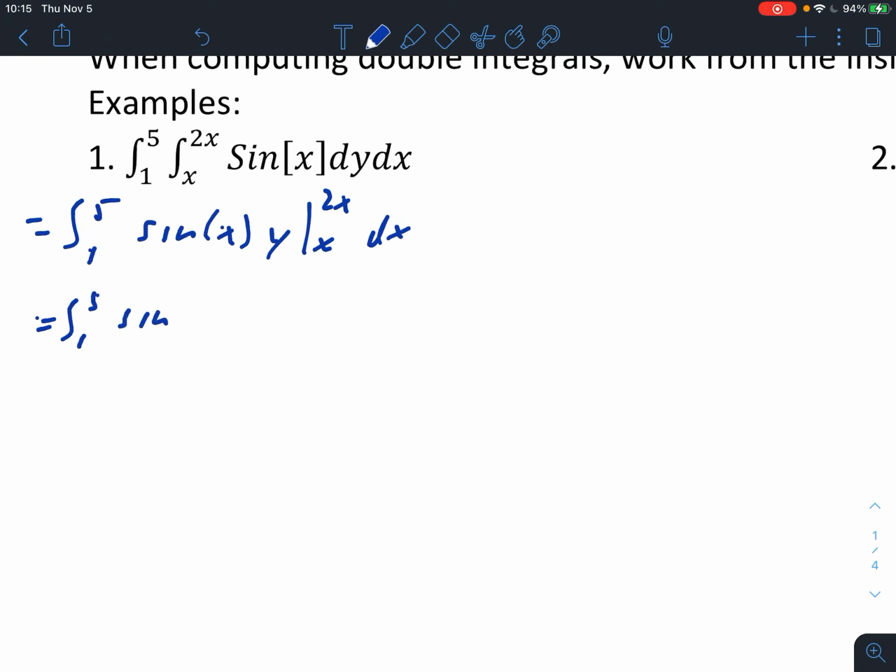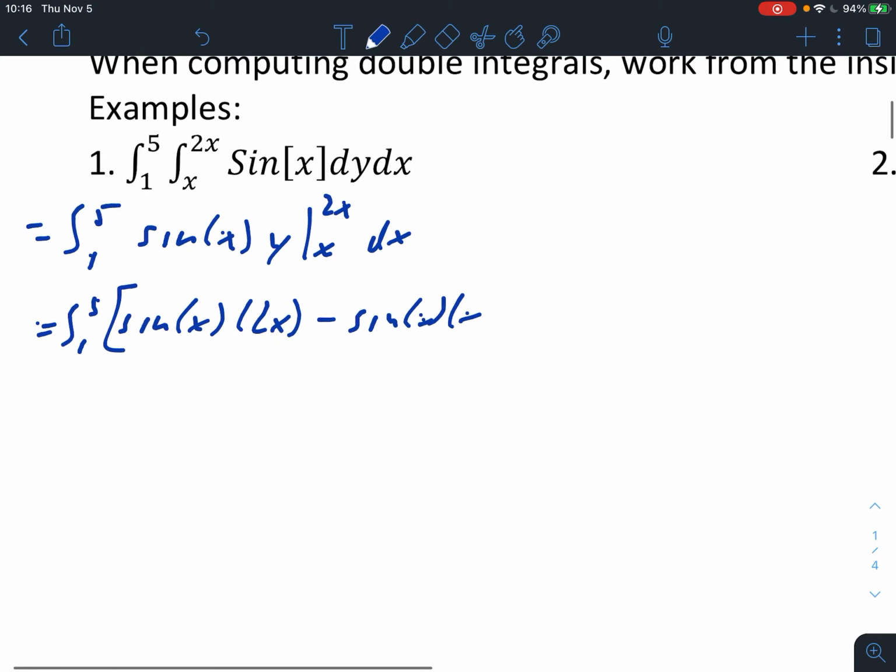Substituting in 2x minus x, and then combine the terms, because really what we have here is 2x sine x minus x sine x, so we're left with just x sine x